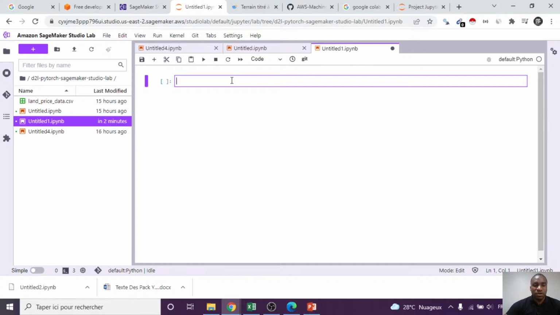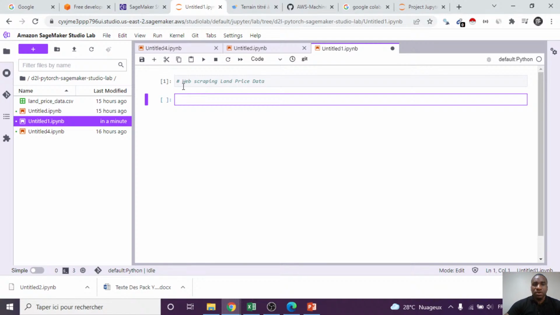The first thing we'll do is give a title: web scraping land price data. Now when you run that,